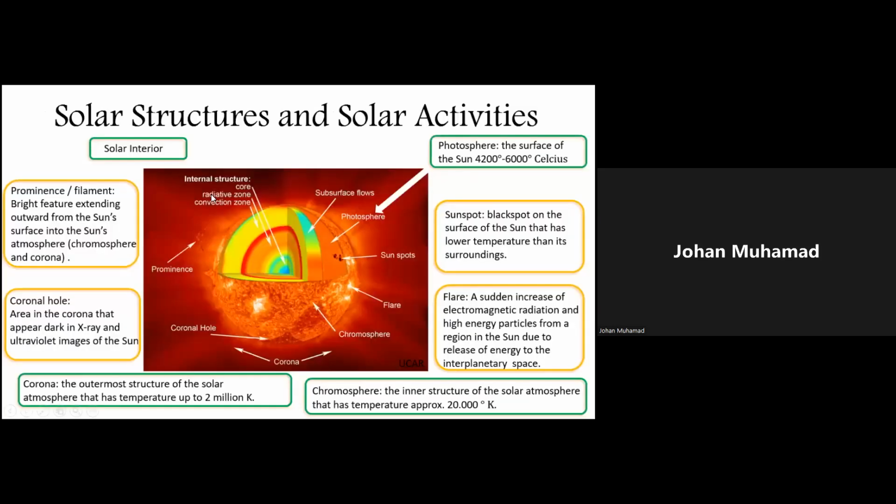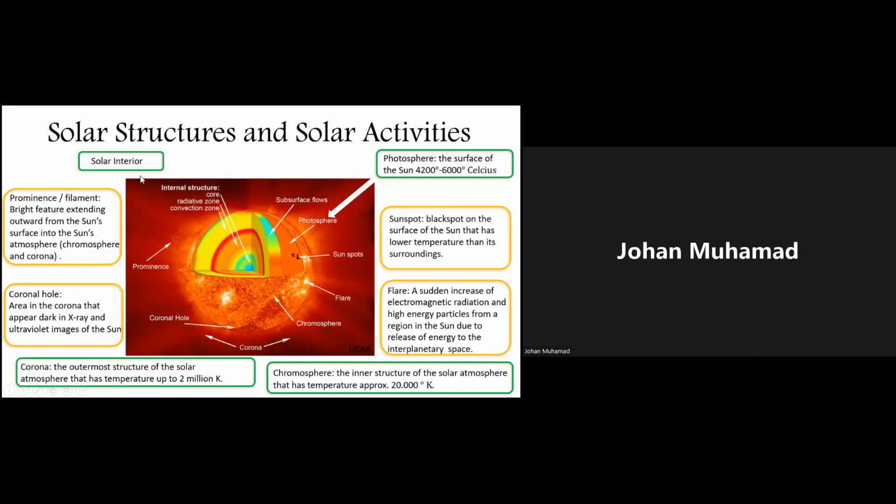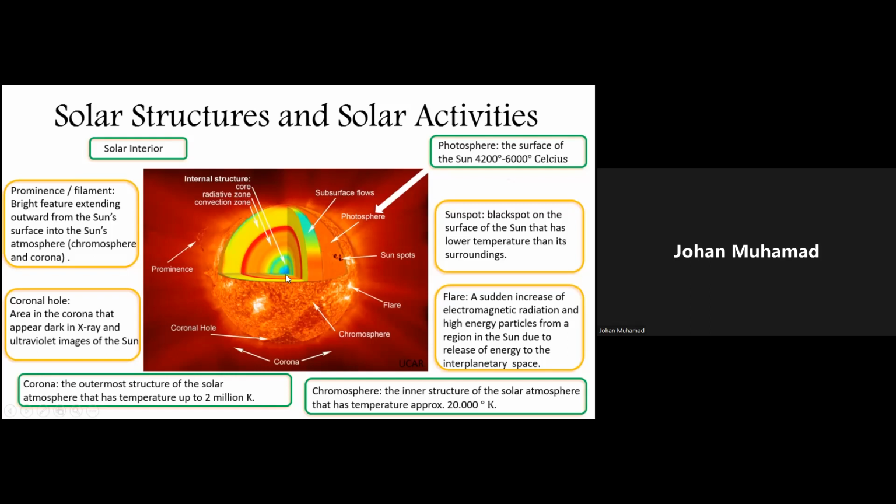So, a brief introduction about the solar structures and solar activities. The green ones here are the structure of the sun. First, we have the solar interior, the center of the sun. We have the core of the sun, the solar core, which is very, very hot, where the fusion reaction happens inside of the solar core. And then we have the radiative zone and the convection zone,